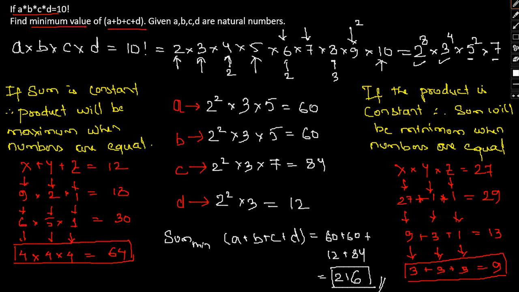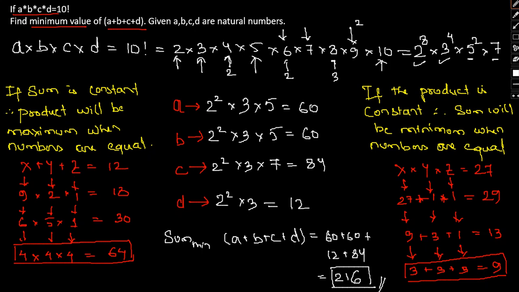I hope this question is clear to you, the approach involved, and how we came about the solution. In case you have any doubt, kindly go through the entire thing and try to understand how we broke down the factorial into its basic prime factors, and subsequently got the result. Make sure you make a note of these two important concepts that we have discussed.